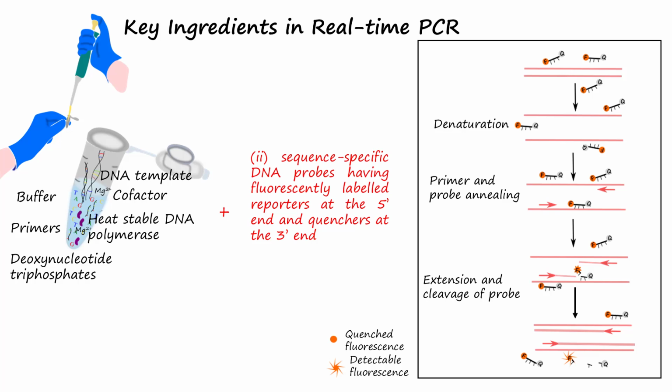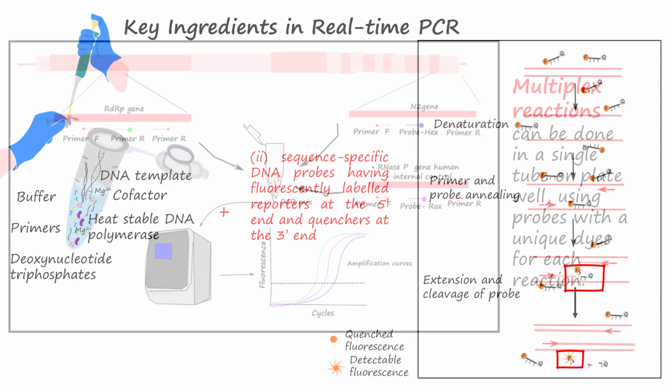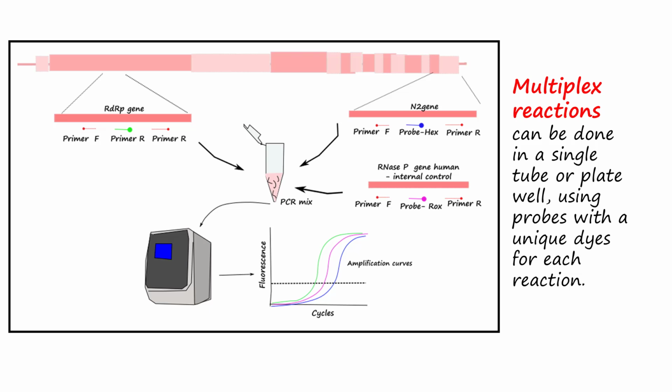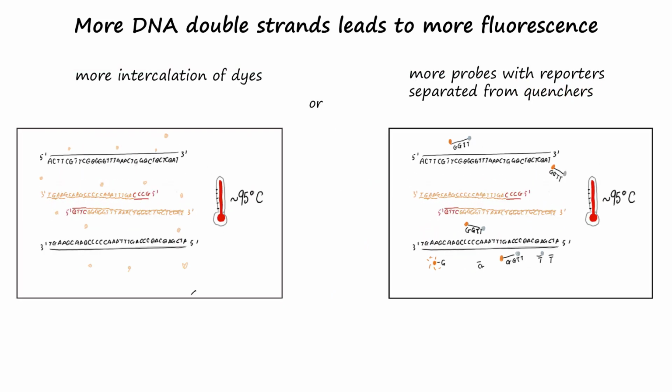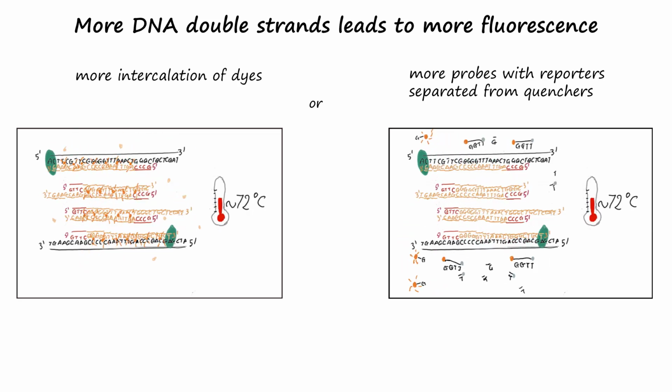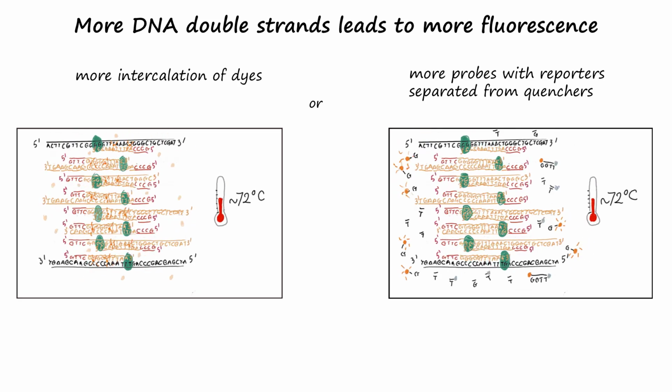These probes bind to the amplified region, and when the probe's fluorophore is separated from the quencher by the nuclease activity of Taq polymerase as it synthesizes a new DNA strand, the reporter generates fluorescence. Probe chemistry allows multiplex reactions in a single tube or plate well, using probes with unique dyes for each reaction. As DNA is amplified, there is more intercalation of dyes or more probes with reporters separated from quenchers, so more